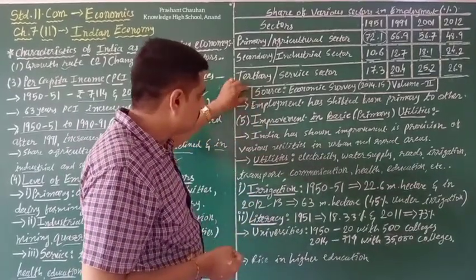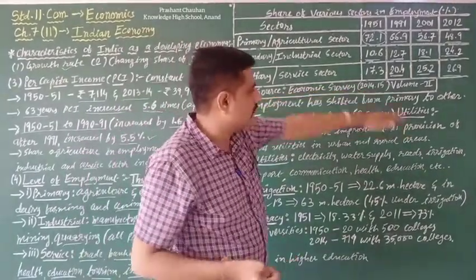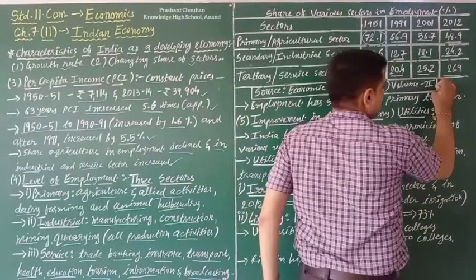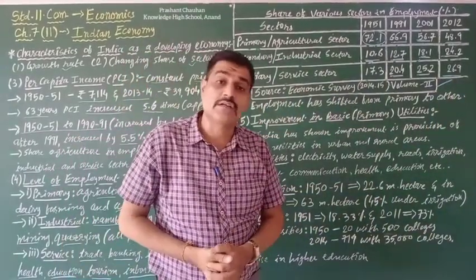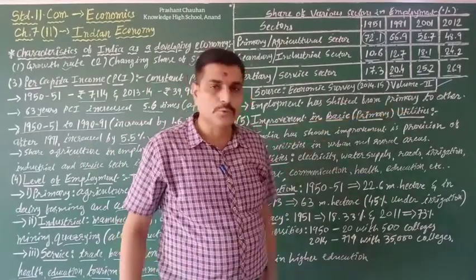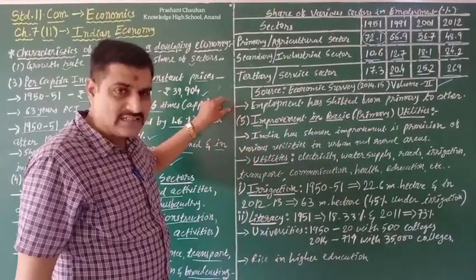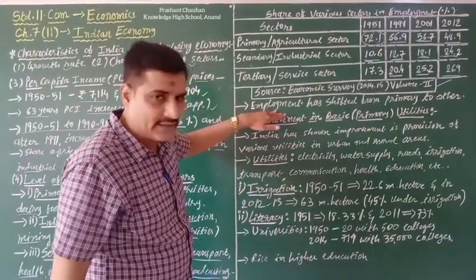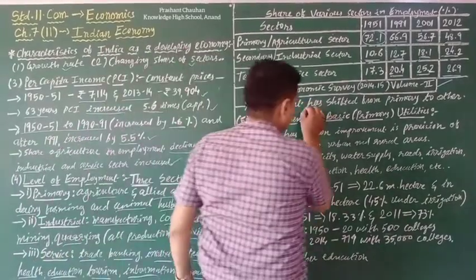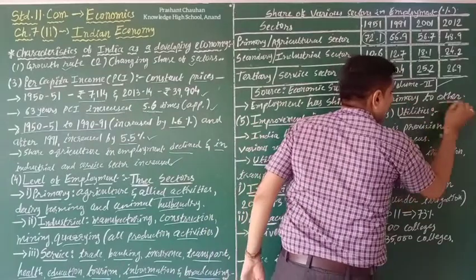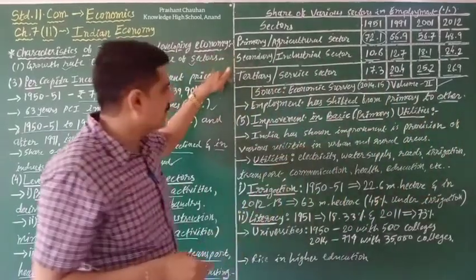So this particular information is as per the Economic Survey 2014-15. The population-related information is provided in the 2011 census, volume 2. After this discussion, employment-related information is given for different levels of employment. So the total employment is secured from primary to the other two, secondary and tertiary, that is